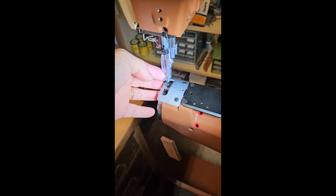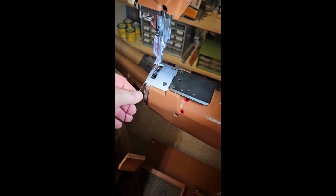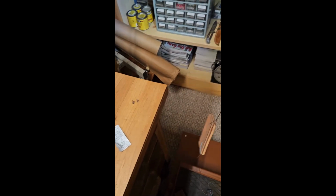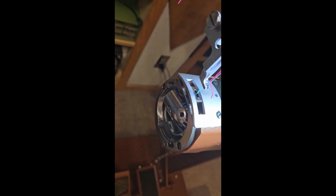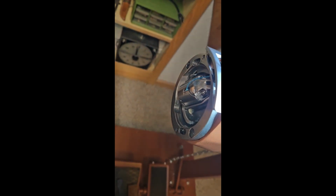I've got my presser foot up because I don't want metal to metal while I'm winding the bobbin. I also don't think I want the setup thread that came with the tool to be in the machine. So I'm going to cut that. I'm going to open my bobbin cavity, which is a slight 1/16 of a turn counterclockwise. Notice that my bobbin cavity is pointed down, and I'm going to roll my hand wheel,